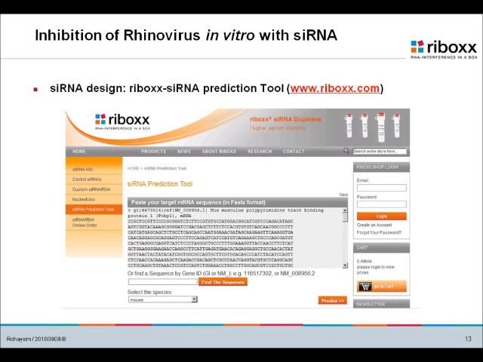Now we have developed at Riboxx our own prediction tool. So Riboxx is an RNA prediction tool that you can find at our homepage. And this prediction tool takes into account the following philosophy. You are using 4 different algorithms that are giving you 4 different pieces of information. The first is which sequence is most suitable to be targeted. Does it have a very strong secondary structure, or is it quite a flat sequence?